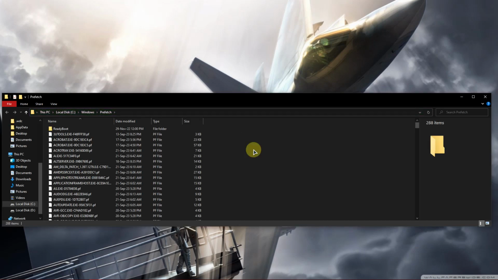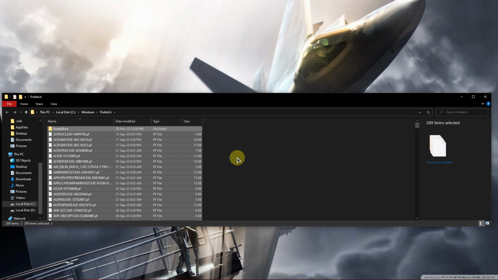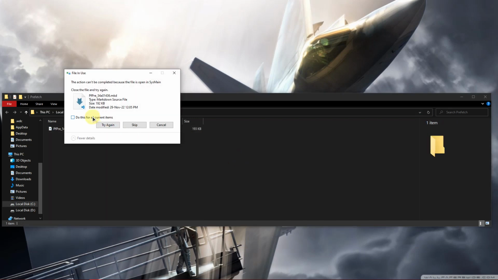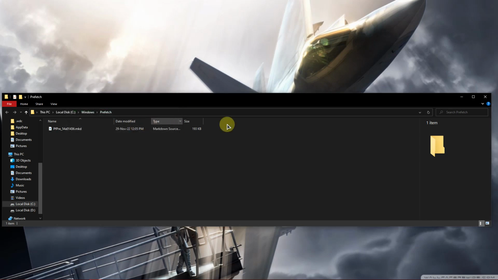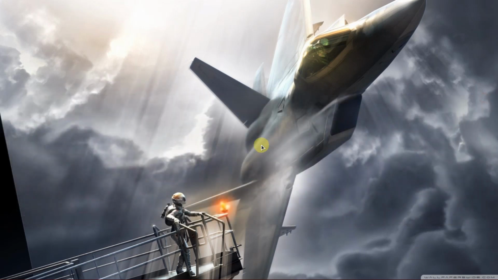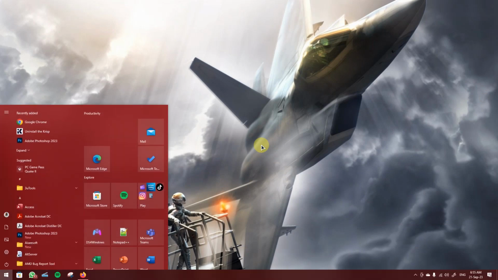A new window will open with many files and folders. To select all of them, just click Ctrl A, then Delete. Skip any files that are running in background. Close this window. And the second step, open Run again